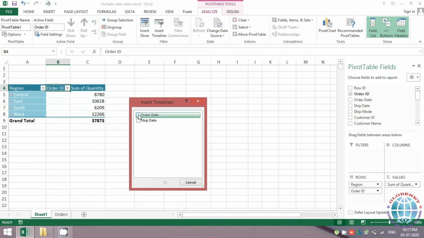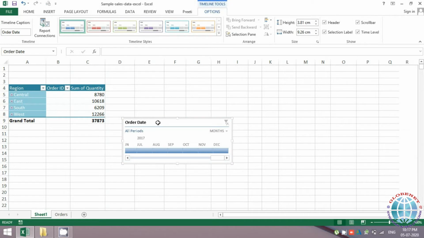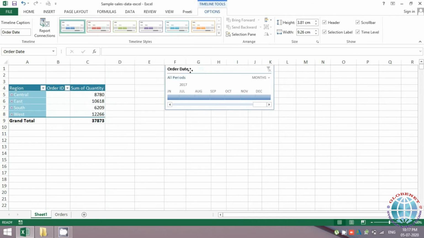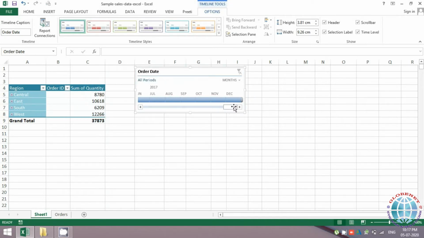For example, let me take order date, so when I had received the order. I'll just put some filters, or I'll just explore something on it. If you see over here, it gives you the entire time period of which my data is of. It is from January 2014 till December 2017. Let's say if I want to select a specific year or specific month, you can just click and drag.